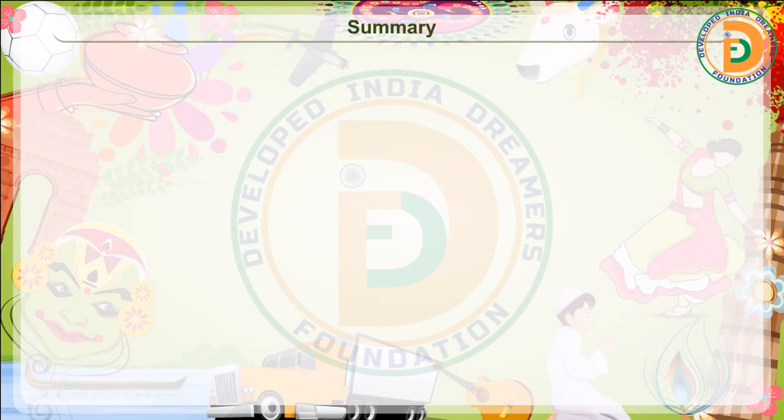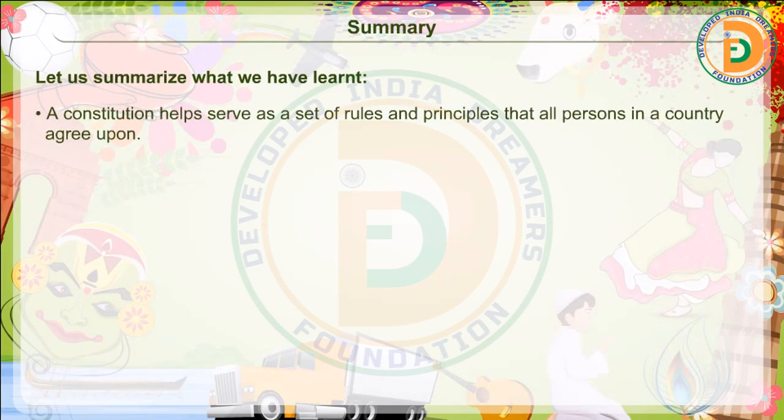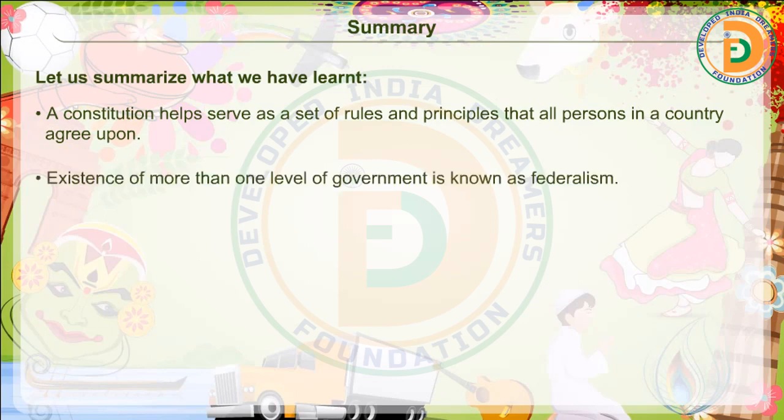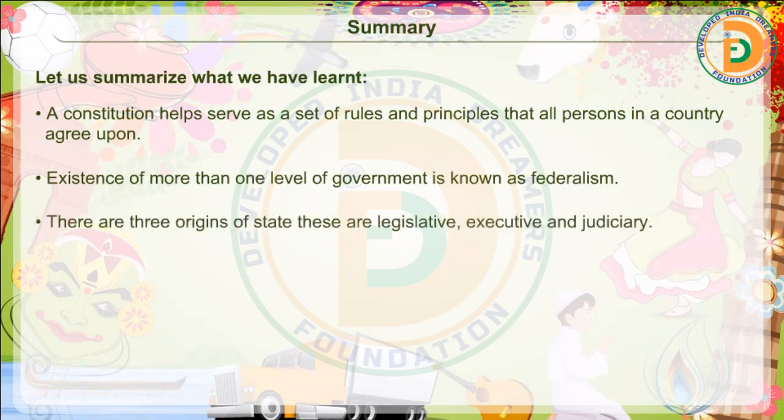Summary. Let us summarize what we have learned. A constitution helps serve as a set of rules and principles that all persons in a country agree upon. Existence of more than one level of government is known as federalism. There are 3 organs of state. These are legislative, executive, and judiciary. A secular